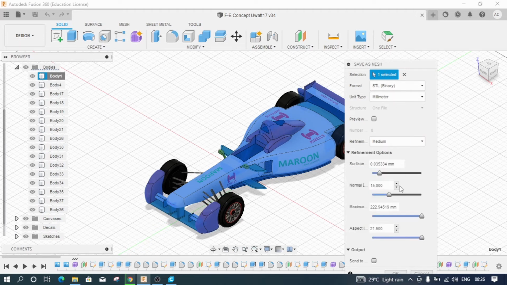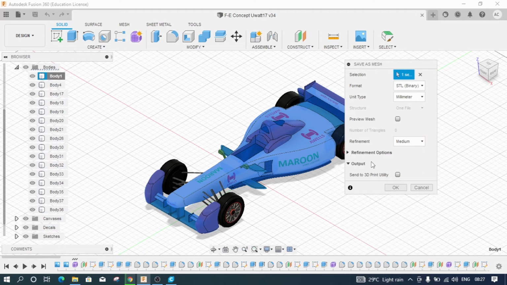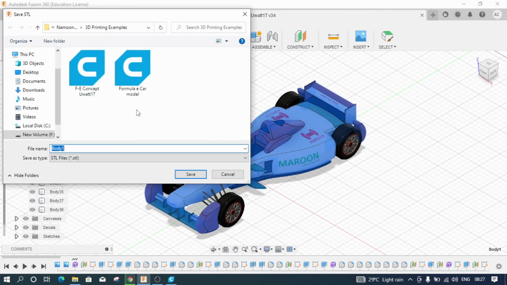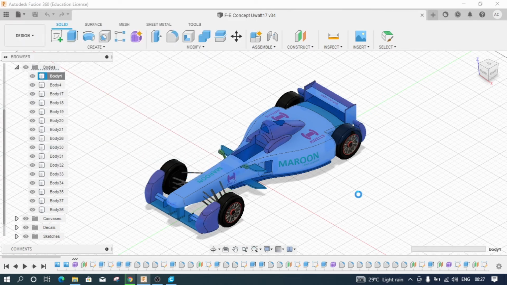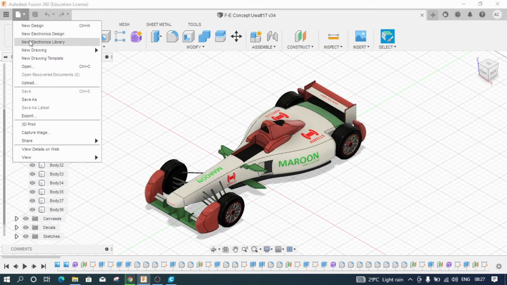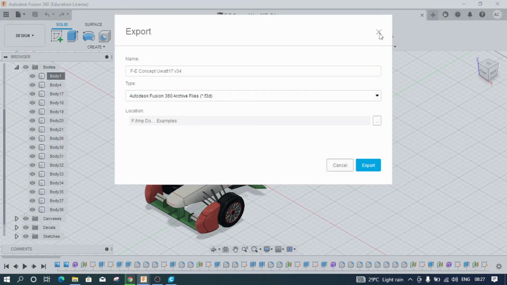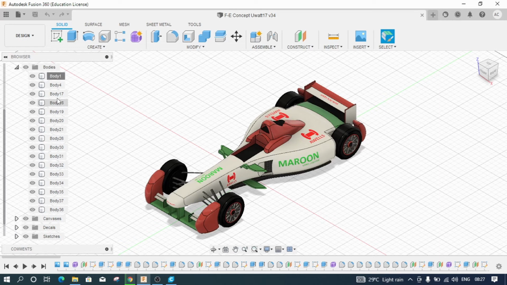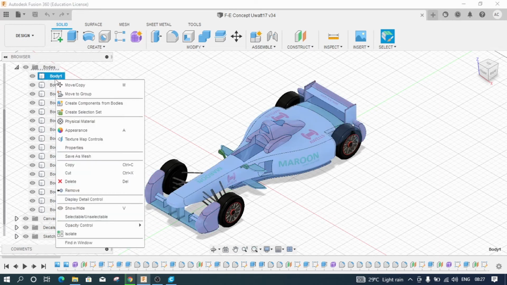You don't need to worry about all these right now, and what I'll do is just click on OK, and it opens up this dialog box for me once again, and let me save this as method 2. Whatever method you are using, it doesn't matter, but if you want the entire model you will go to file and use the export or save as option. And if you want your individual bodies to be exported, you will right click and go to save as